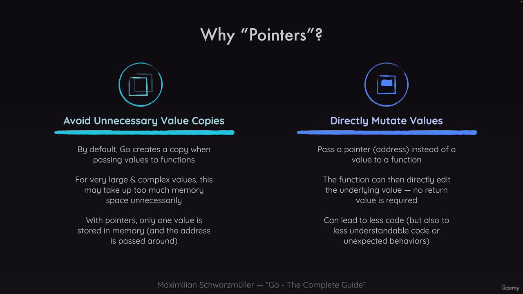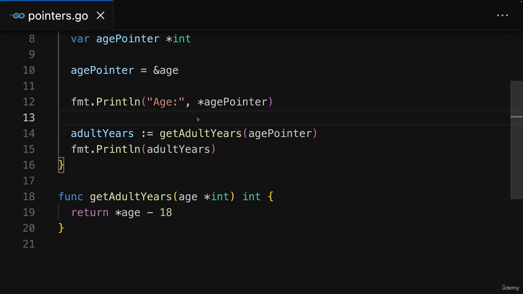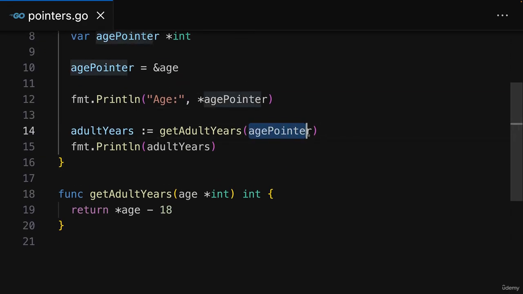Now, on that slide I showed you before, avoiding unnecessary value copies was just one advantage. The other advantage was that we can also directly mutate values. And that's what I'll do next. Because here in our code, we're passing this age pointer to getAdultYears, and therefore in there, we could of course,